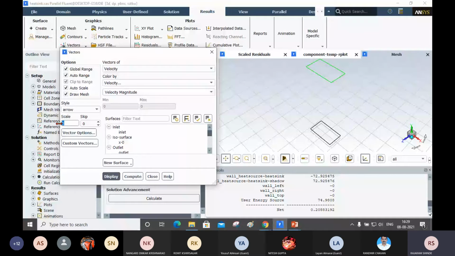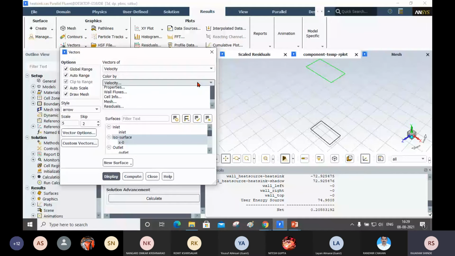Okay, and list of surfaces, here I will set this one. Okay, and here I will set temperature. Okay, and I will click on display.